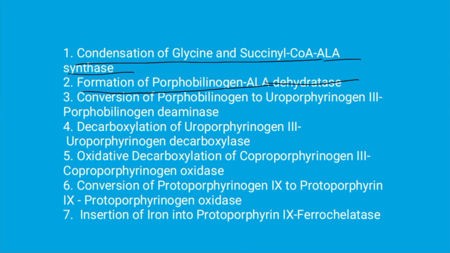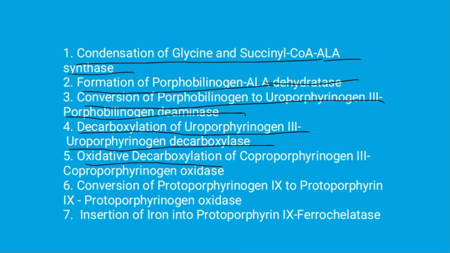Third is conversion of porphobilinogen to uroporphyrinogen 3. The enzyme porphobilinogen deaminase facilitates this reaction. Fourth is decarboxylation of uroporphyrinogen 3 to form coproporphyrinogen 3 by the enzyme uroporphyrinogen decarboxylase. Fifth is oxidative decarboxylation of